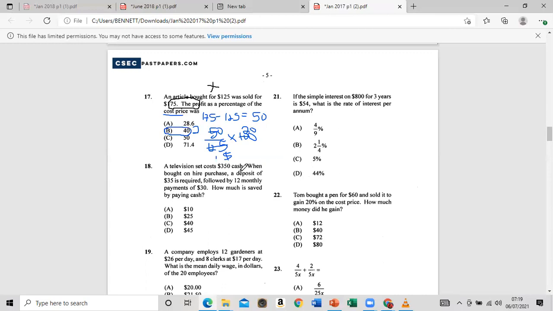Number 18, a television set costs $350 cash, or when bought on hire purchase, a deposit of $35 is required. We did this one how many times? So it's